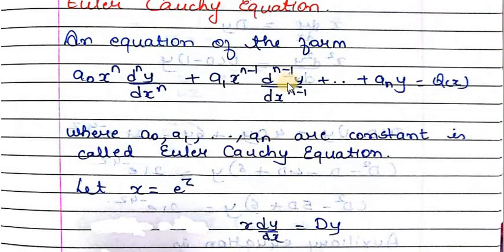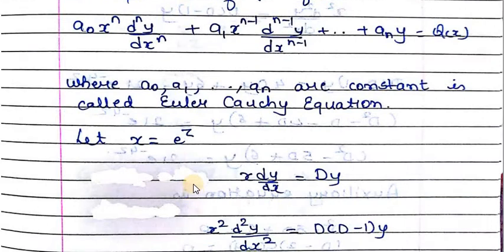To solve this type of differential equation, we suppose that x equals e raised to z. Now taking logarithm on both sides, we will have z equals log x. And if we put x equals e raised to z and simplify this equation,